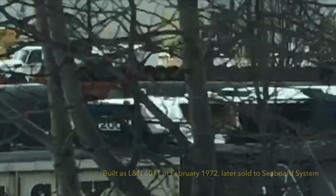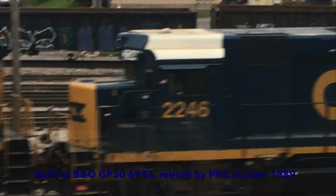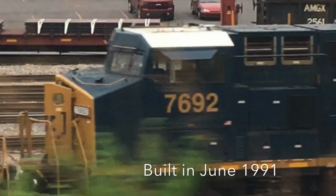Then we came across five more locomotives that were hidden behind trees, starting off with GP38-2 number 2662, SD40-2 number 8423, C40-8W number 7723, and another pair of SD40-2s, 8439 and 8425. Then we had GP38-2 number 2670, Road Slug 2246, C40-8W number